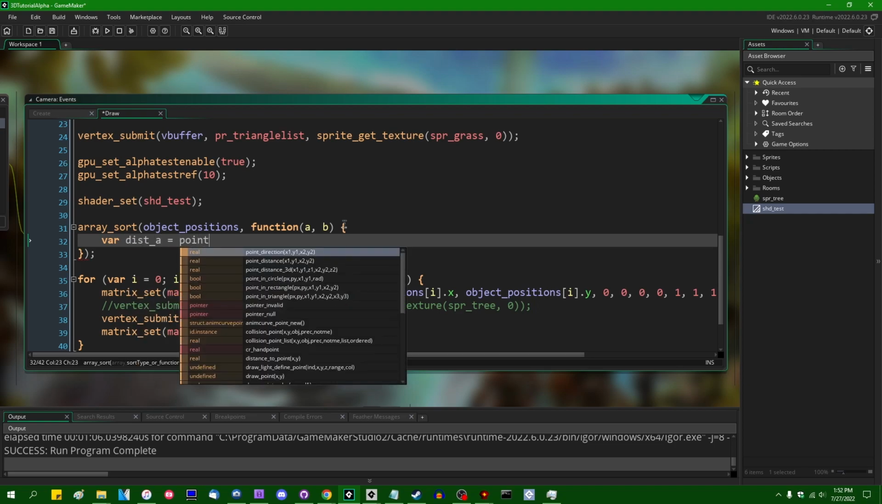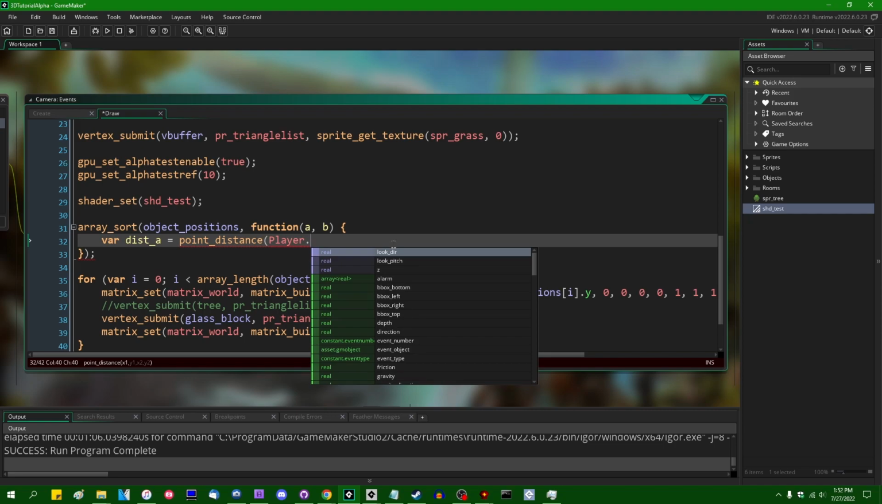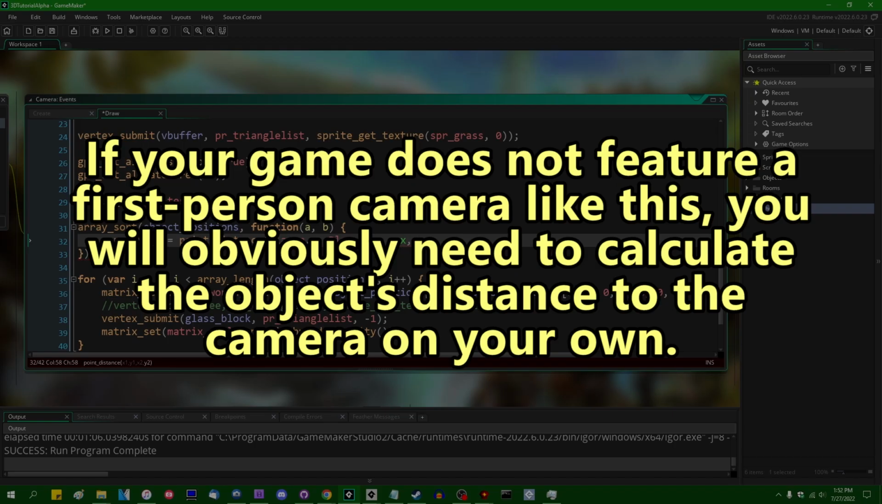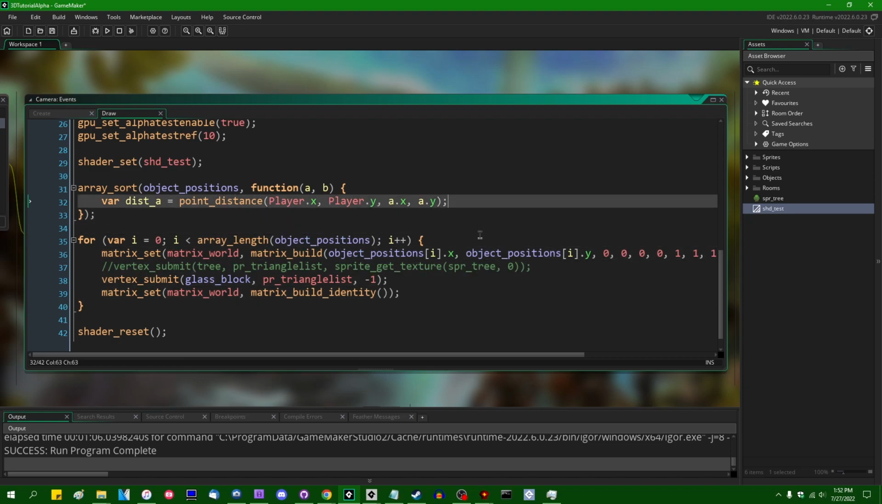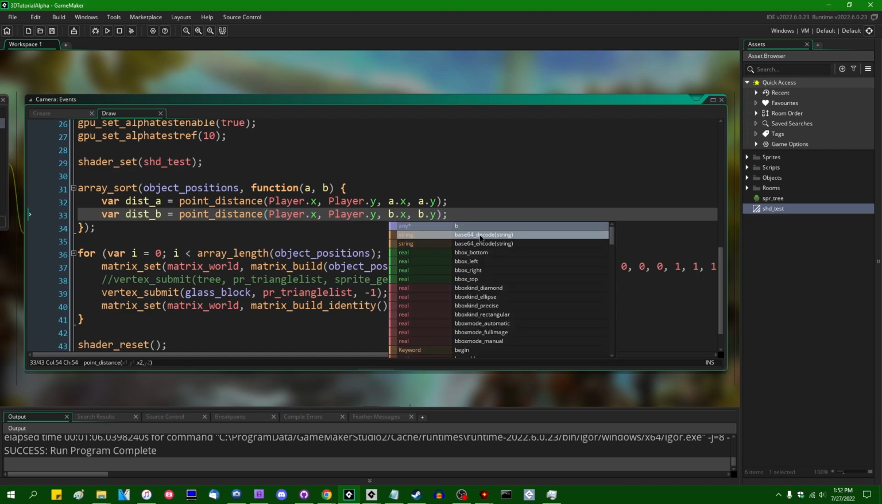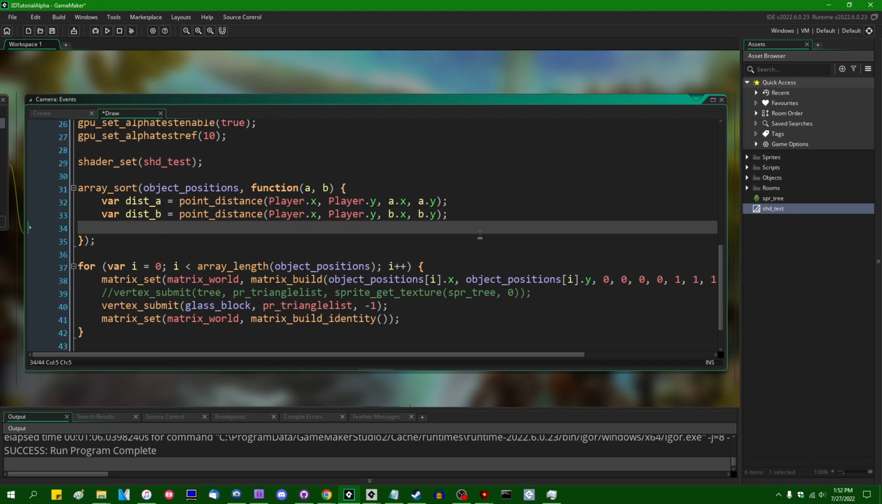distance A is going to be point distance from... In this demo, the player object is what the camera's from position is determined by. So we can say the player's x, player's y, and then the x and the y of element A. And GameMaker, it's been many years and I still haven't figured out what keyboard shortcut does that, and it's really annoying. And we can do the same thing for element B, and we can return